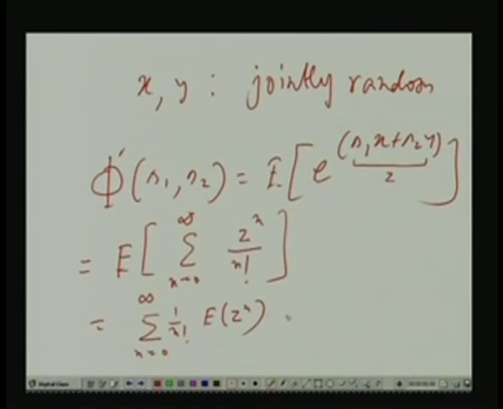Then what happens? That is, E. Now we know what z is. Z is this factor. So replace z by its actual form, S1x plus S2y whole to the power n. Now S1x plus S2y whole to the power n is actually a binomial series of n plus 1 terms. Again, I can expand this term